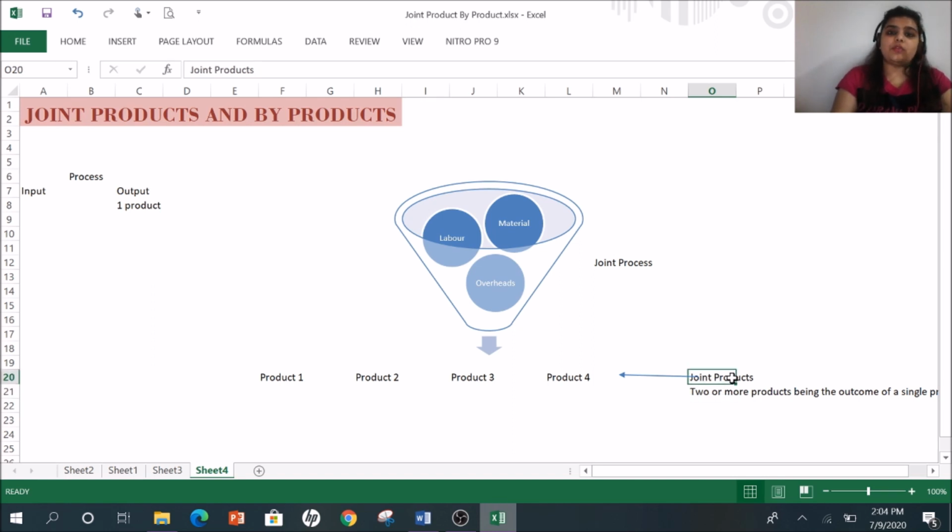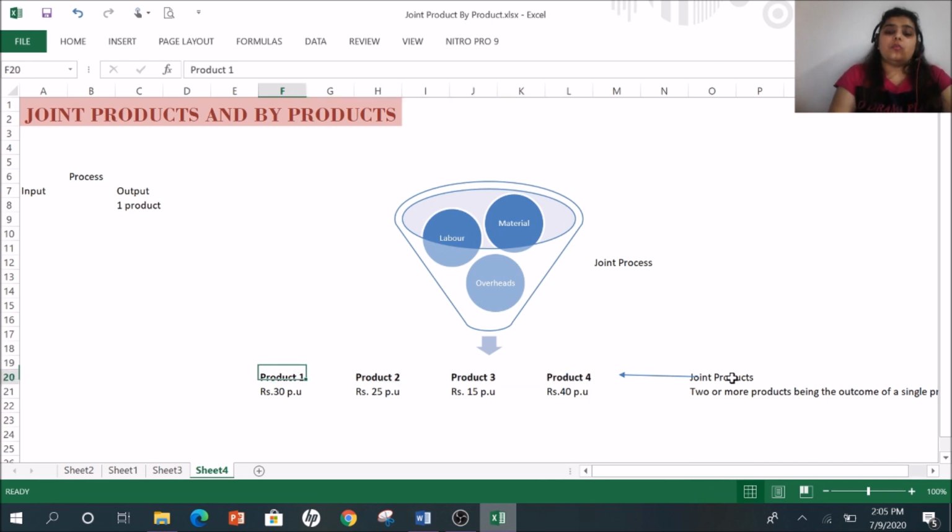Now, one more very interesting fact that we should know about joint products is that joint products are of kind of similar value. That means if product A, product 1 has a value of, let us say, rupees 30 in the market, similarly product B will have more or less equivalent value. So I can say 25 per unit. Product C, rupees maybe 15 per unit, and this may be rupees 40 per unit. What is happening? They are more or less of similar value. That is why these are known as joint products.